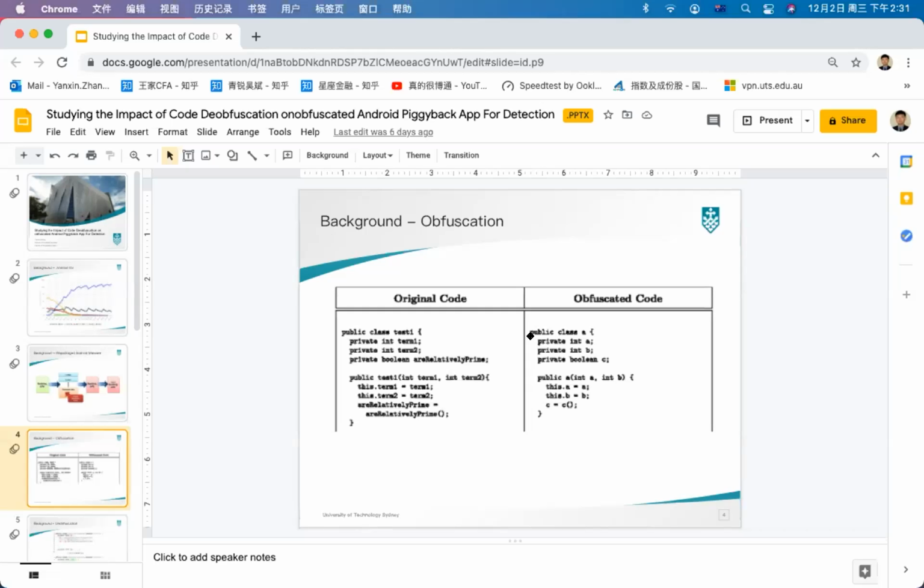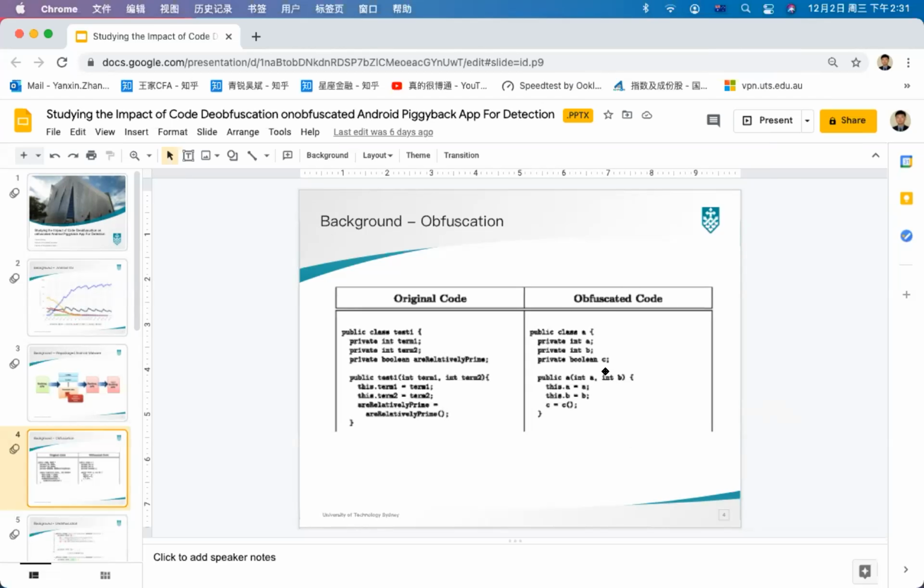However, the function of the code will remain the same. By this way, the obfuscated malicious code will evade the detection of the